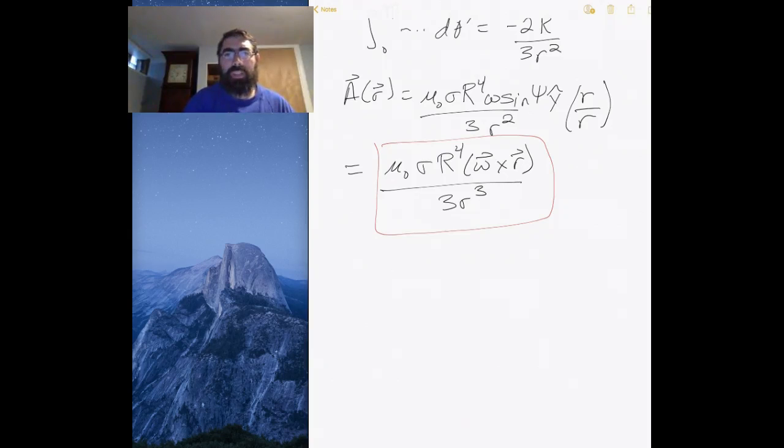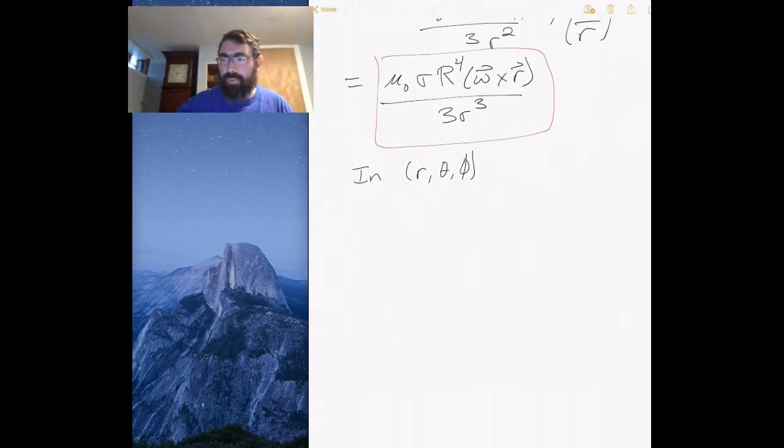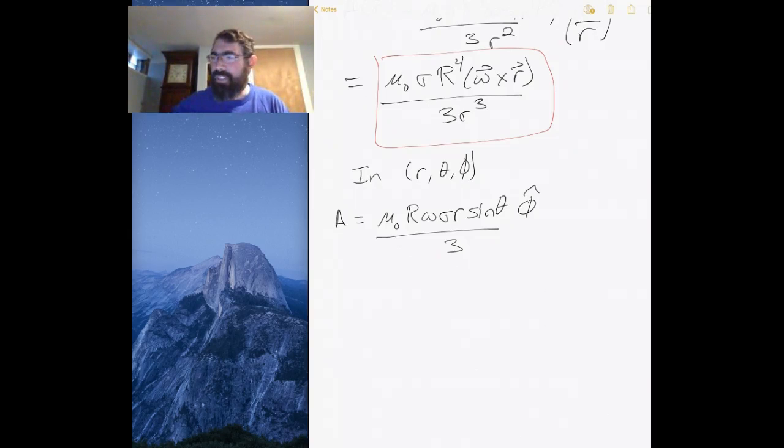So let's say I want to write this now in spherical coordinates. So we want to put it basically in r, theta, and phi. And so in that case, what we would have is mu 0 r omega sigma r sine theta in the phi direction divided by 3. So basically replace the y hat with r sine theta phi hat. So that's